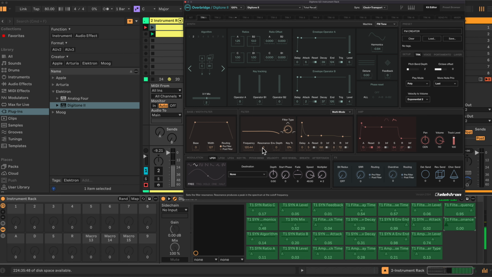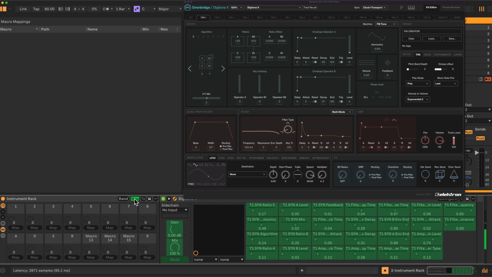Okay, so those are the items I chose. Now all we have to do is go here and go into our mapping, click the mapping, and we can now transfer these to our macros. So let's start again. On 1 I had, this should be in the right order now, sync ratio C, then I had the harmonics on 2, the algorithm on 3,